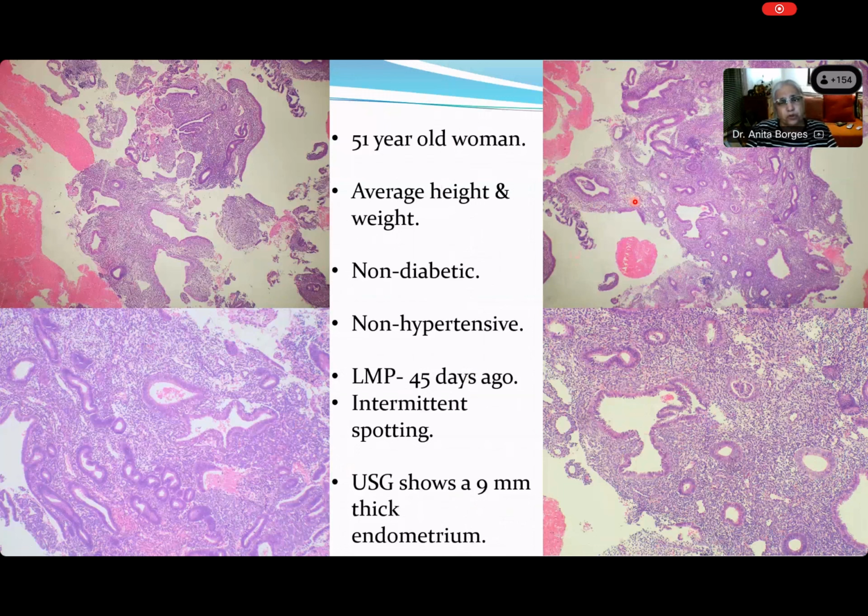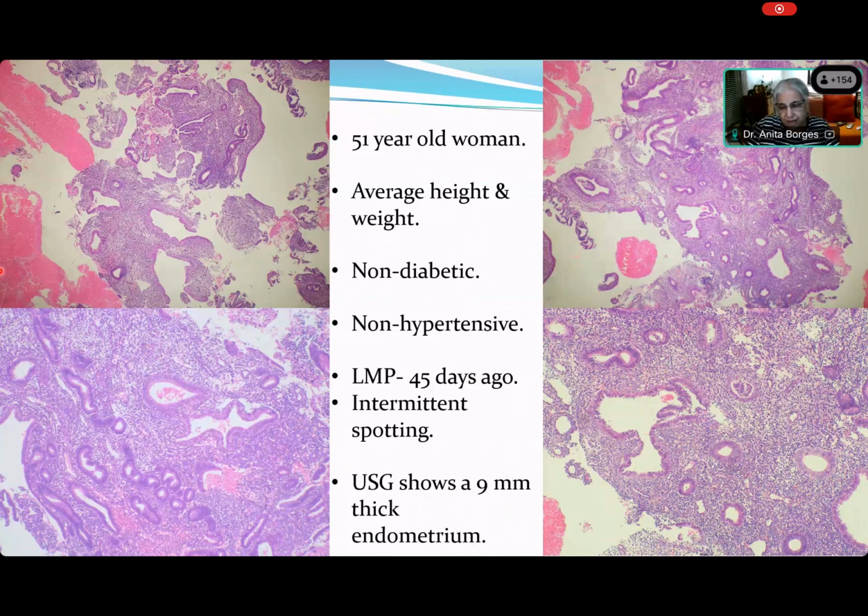What hormone is active? There are only two hormones we're talking about, estrogen and progesterone. So tell me, what is active, what is not active? Estrogen is active, and there is no progesterone. So this is unopposed estrogen activity on the endometrium. If you had to write this report, it is unopposed estrogen activity, which is giving rise to disordered proliferation or simple hyperplasia, whatever you want to call it. It is not EIN, correct?